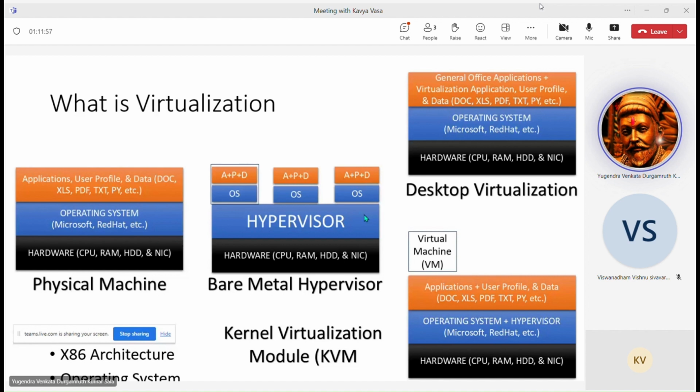So that is type 2, Kavya. And type 3 is simple. Normally type 1 and type 3 are used for server virtualization. Please make a note of that. Type 2 is for common people like us, who would want to showcase their thought processes